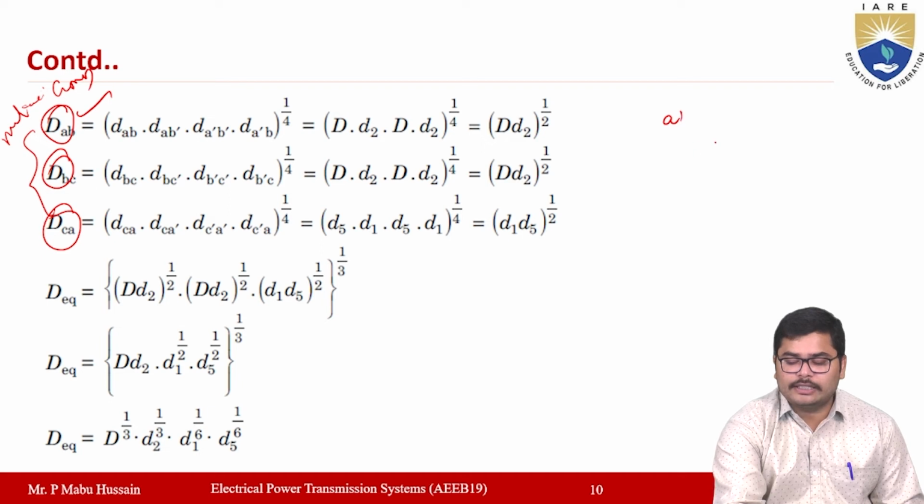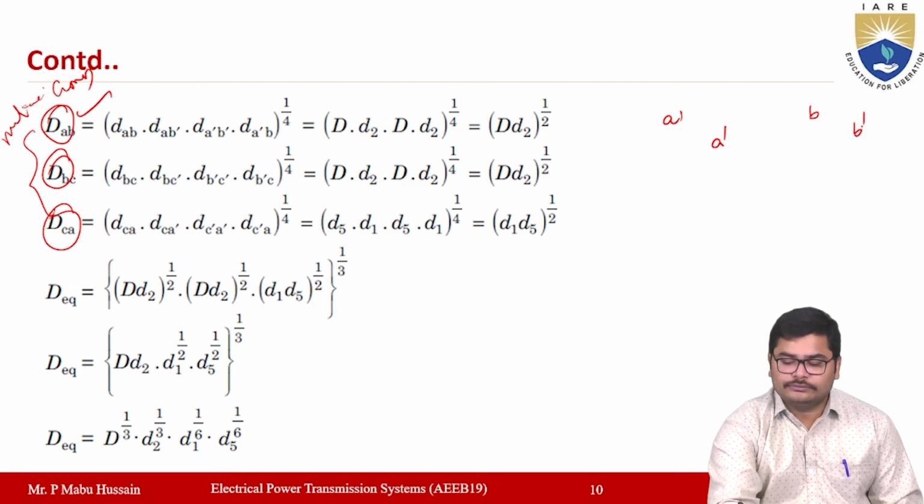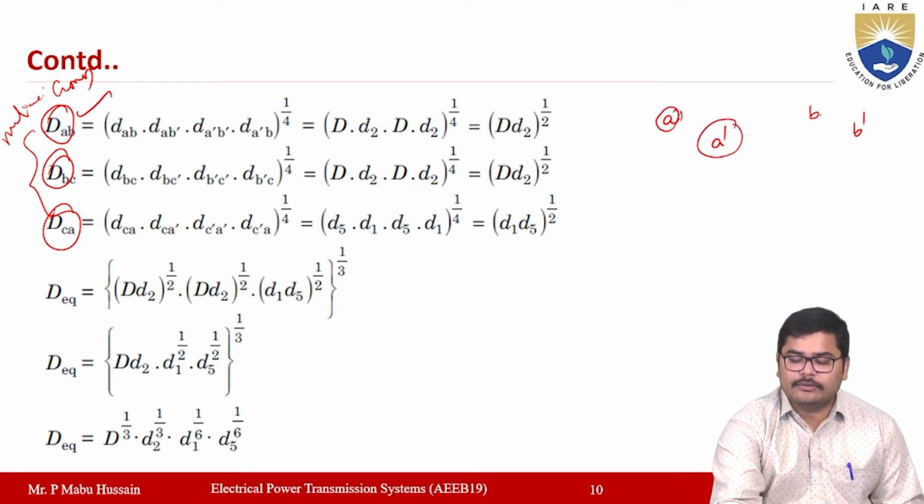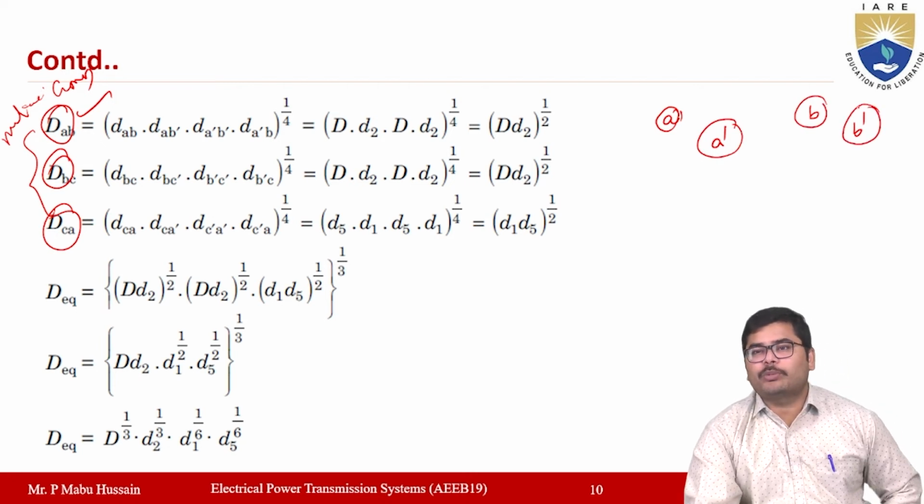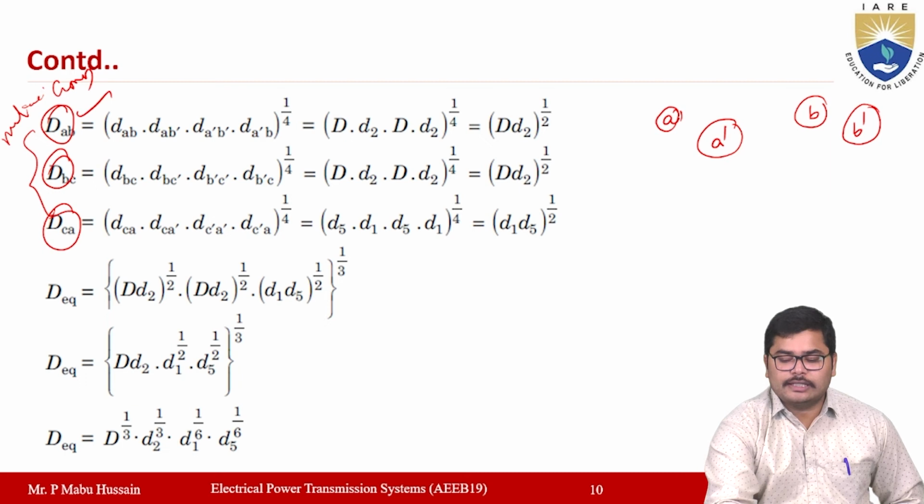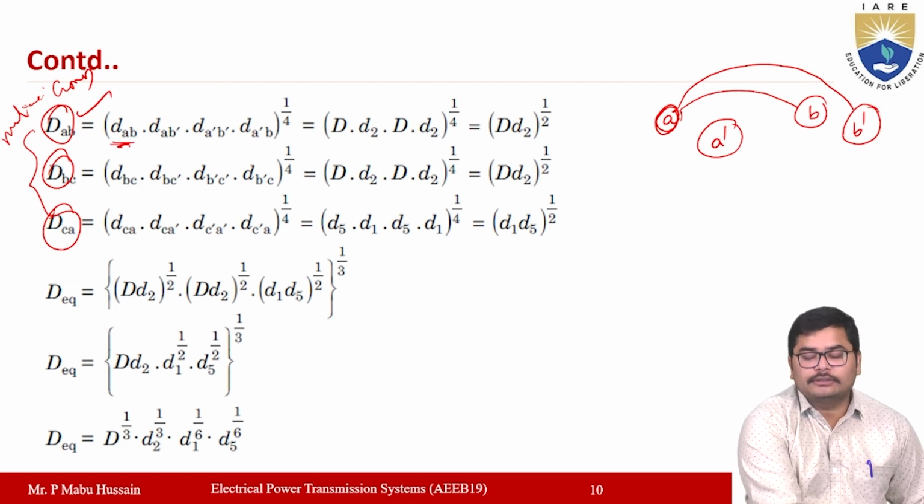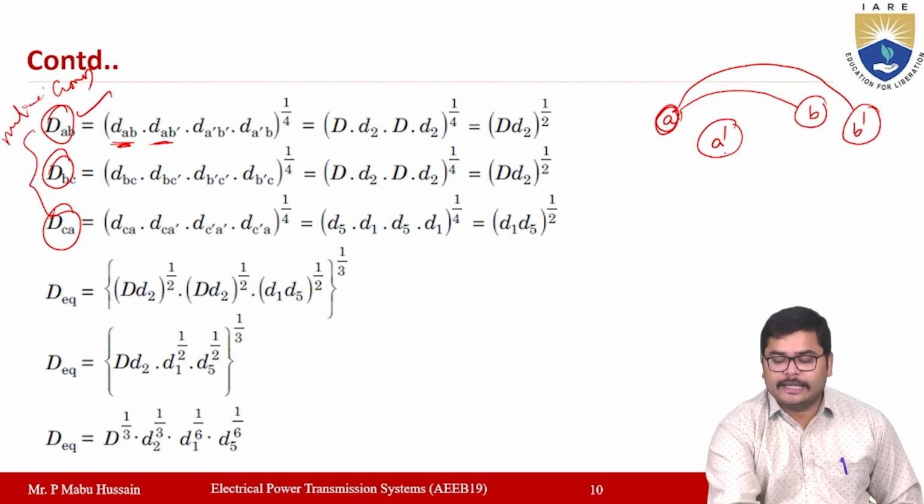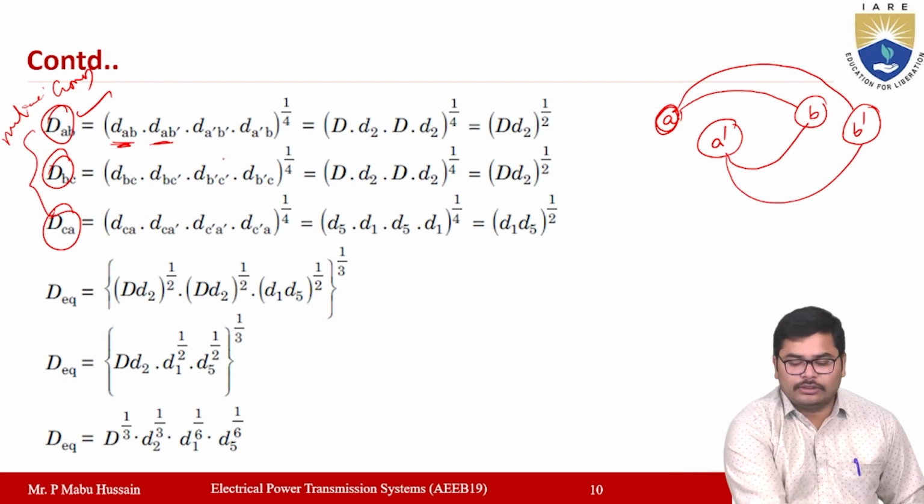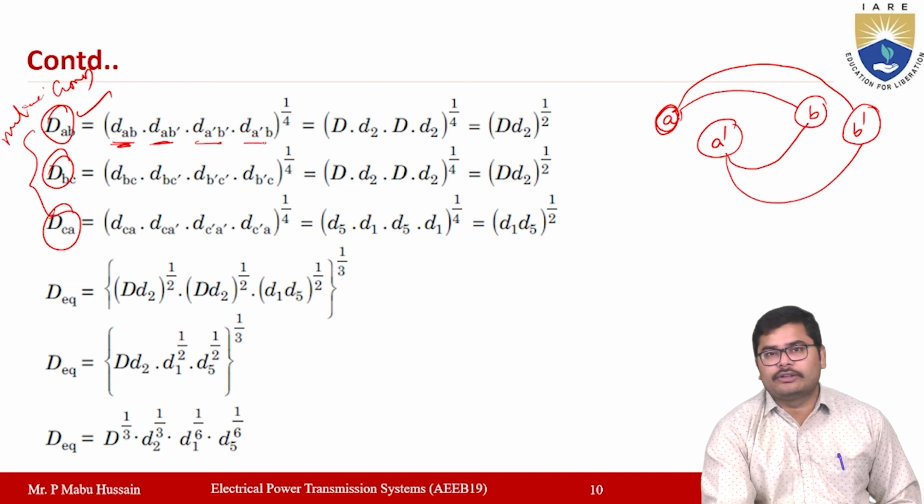One is A, another one is A dash. If you consider B, you have B and B dash. So A dash, B dash. Now you have to write the product of all the mutual distances. From A, the mutual distances will be DAB, which is one distance, then A to B dash is another distance. So DAB is the distance from A to B, DAB dash is another mutual distance. If you consider A dash to B, that is one mutual distance, and A dash to B dash is another mutual distance. So D A dash B dash, D A dash B, whole to the power of